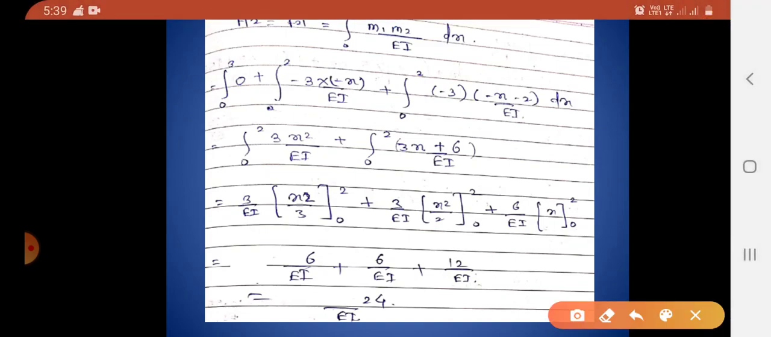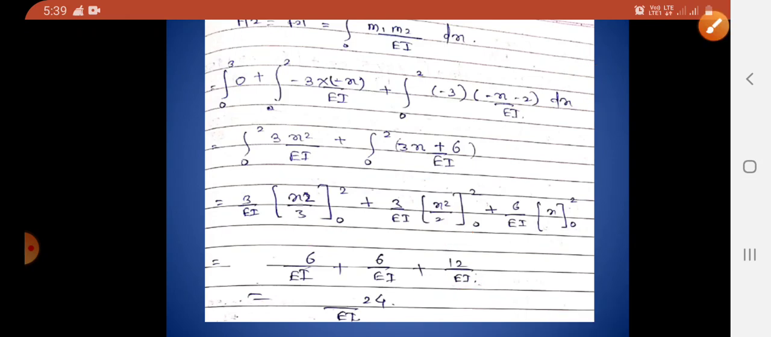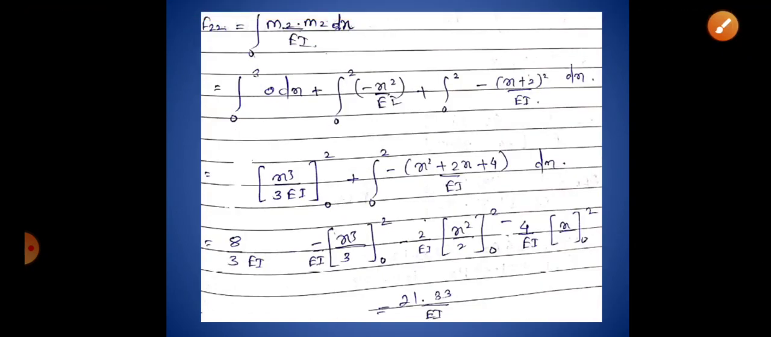Okay, then again F12 will be M1 into M2. Of course, integration 0 to L divided by EI dx. Again, putting all the values from the table and solving the integration, you will arrive at this value. Now, on similar lines, you can get the value of F22 as M2